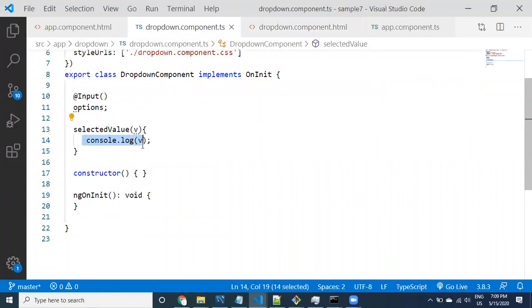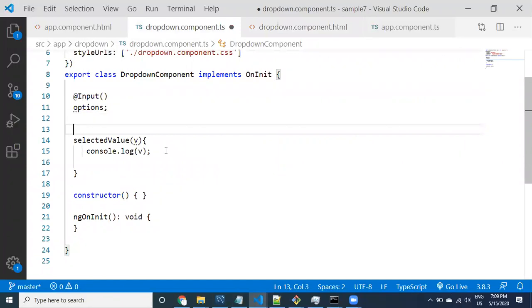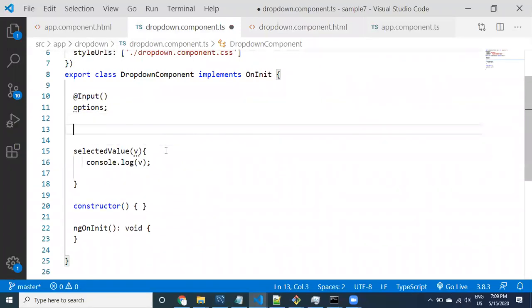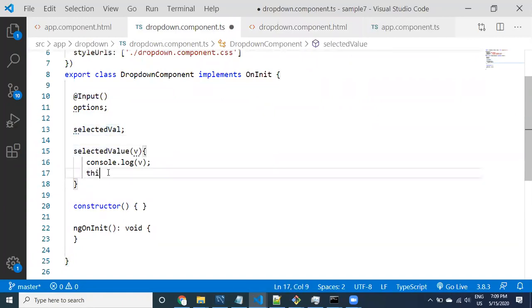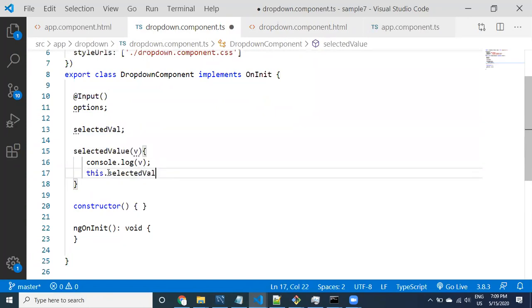Right now we are printing in the console, but what I want to do is take a property value, selected val. This is a property, and I'm going to assign it. This dot selected value equal to v.